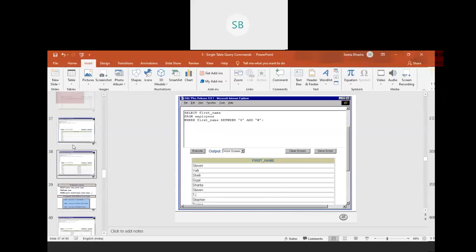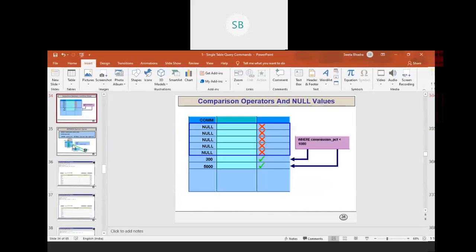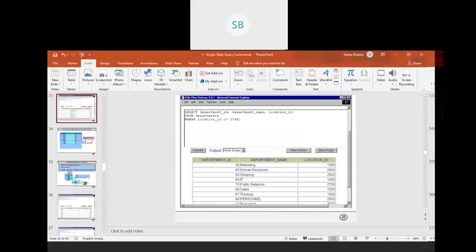You can try these things with the same commands. I'll give you the assignment by 2 and you can share it with me on WhatsApp by 3:30. Everyone should do it.